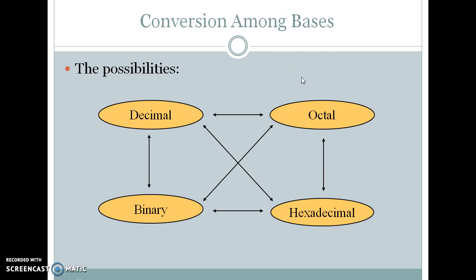So in this video lecture we have studied mainly the conversions between the different number systems. The possible conversions are decimal to binary, decimal to octal, decimal to hexadecimal, and vice versa, like octal to decimal, hexadecimal to decimal, and binary to decimal. And similarly the other conversions: binary to octal, binary to hexadecimal, hexadecimal to octal and hexadecimal to binary conversion.